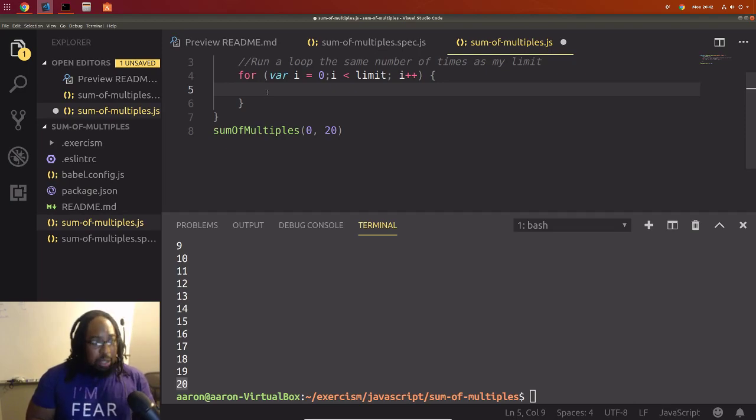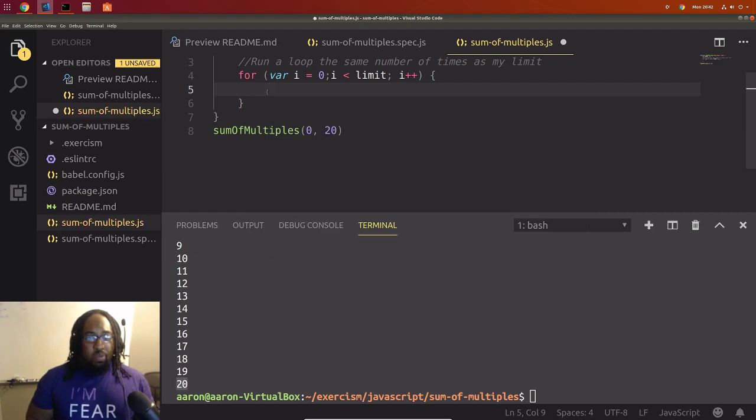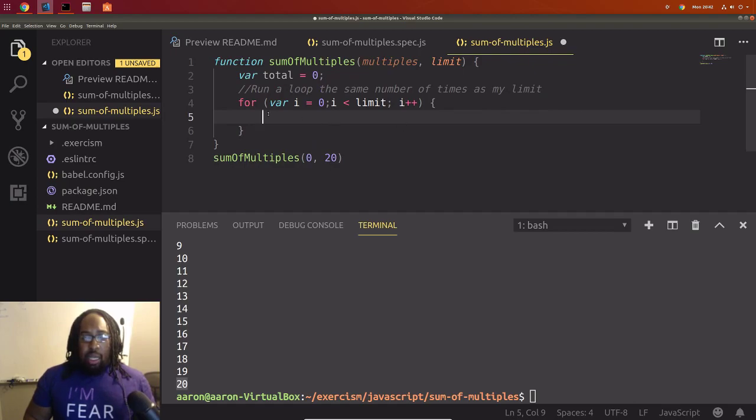So we could do something like this. We could say, that wouldn't work, because that will only run once, and that is very interesting. So what do we want to do here?